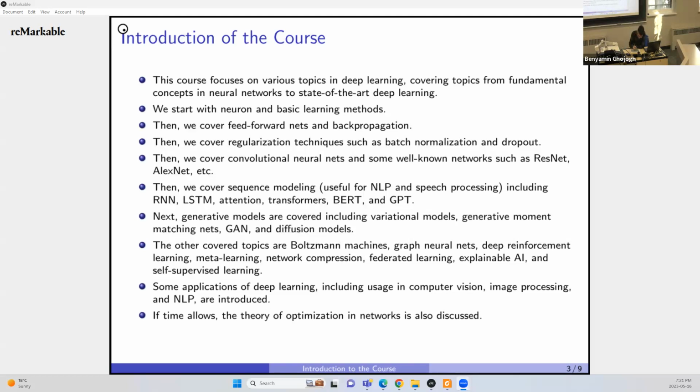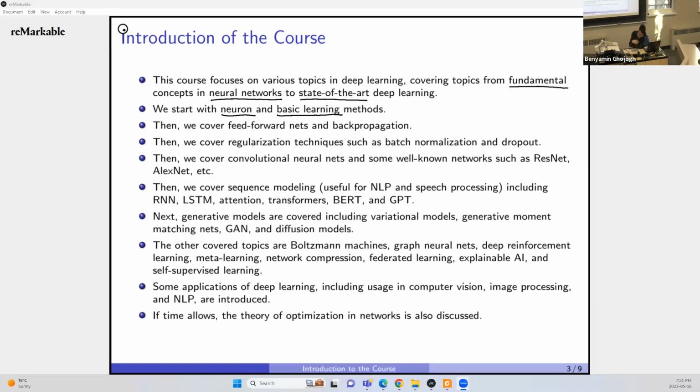Introduction of the course. This course focuses on various topics in deep learning, covering topics from fundamental concepts in neural networks to state of the art. So we start with the neuron and training one neuron, basic learning methods focused on the middle of the previous century. By the way, after some preliminaries, we have the neuron and training one